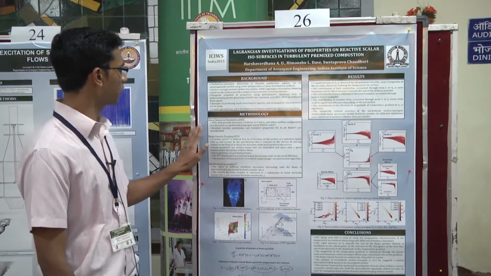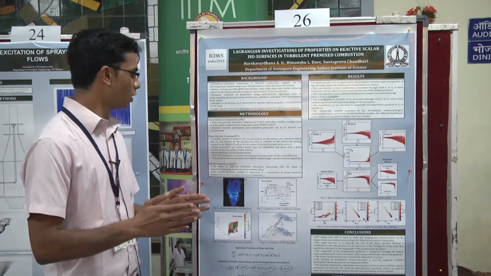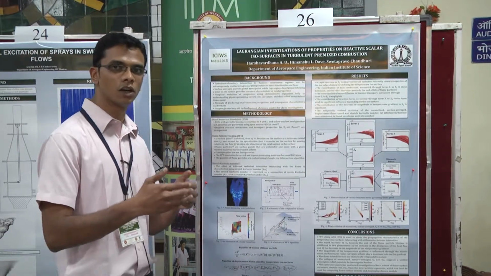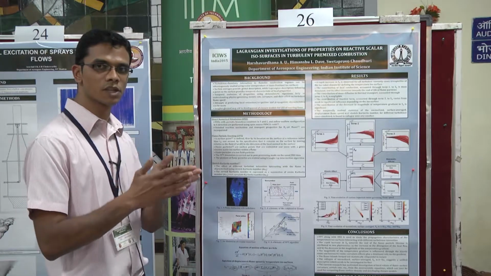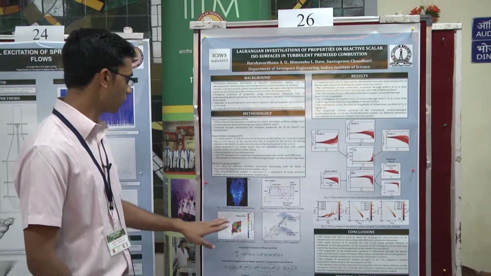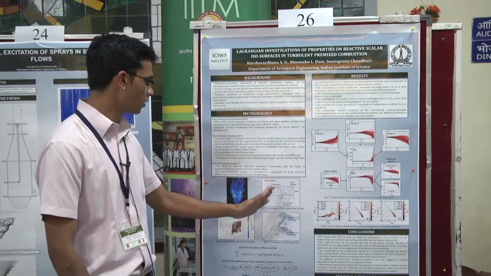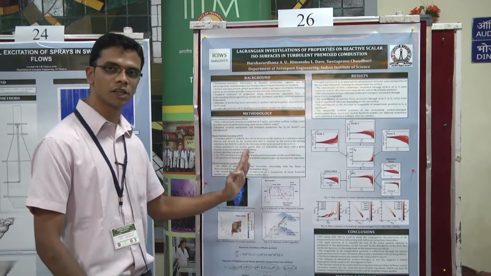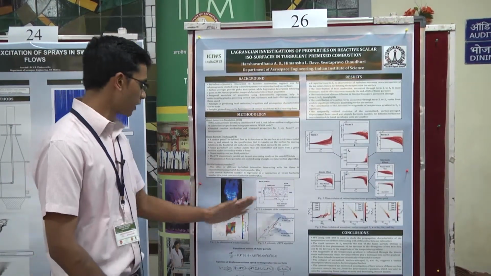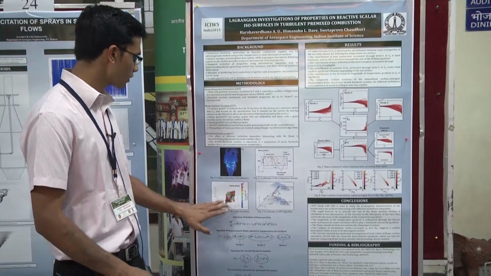First we perform the direct numerical simulations with detailed chemistry, where we resolve the entire flame structure. Once the entire flame structure is resolved, the DNS data is saved at particular time steps, and we post-process this DNS data using the flame particle technique. In the flame particle technique, we consider the fully resolved flame data and Eulerian flow field data, and we consider a particular scalar isosurface within the premixed flame. For example, here we are considering a temperature isosurface of 1000 Kelvin, and we load the surface with a